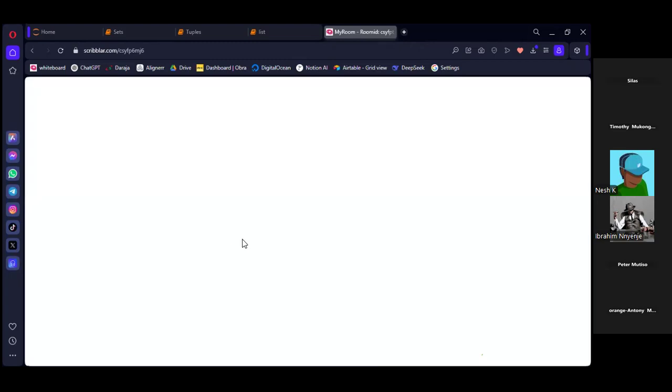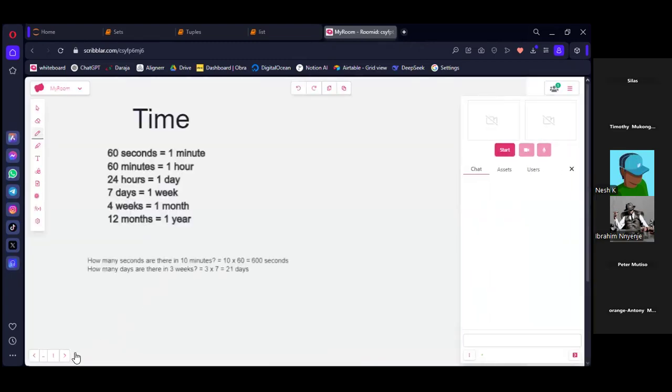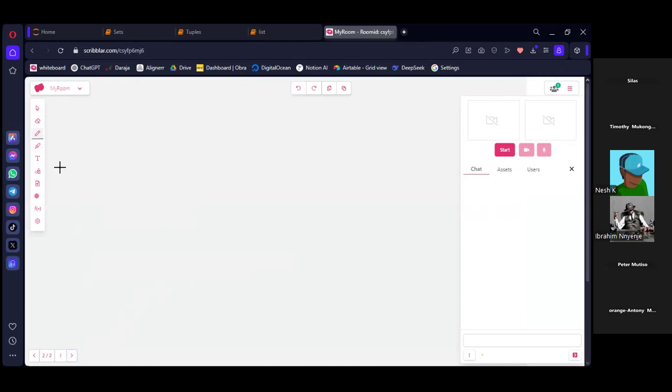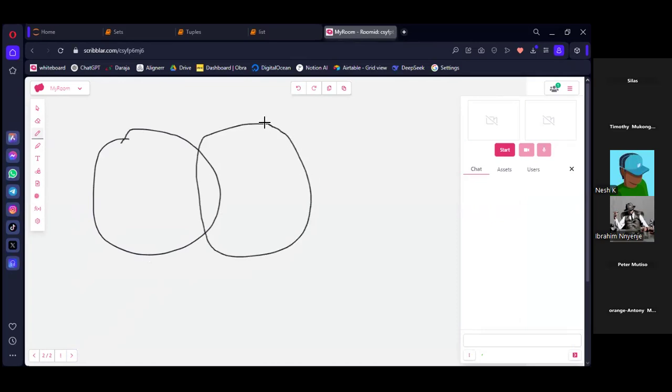You can still do the CRUD operations on the sets, but consider sets something like this. I believe most of you learned this one in high school. And then this is the intersection. Intersection is trying to get the elements which are in both sets. Let's call this one A, then this is B.